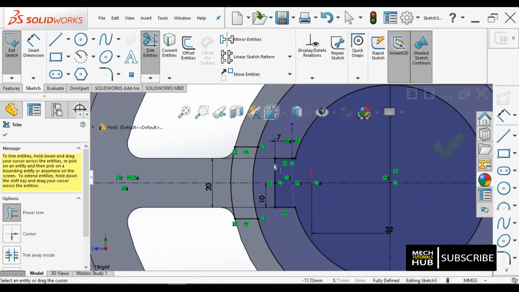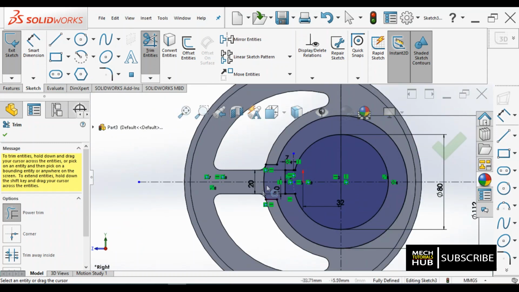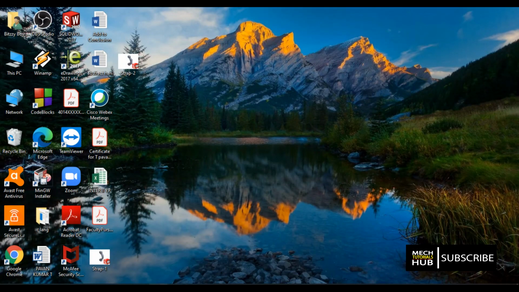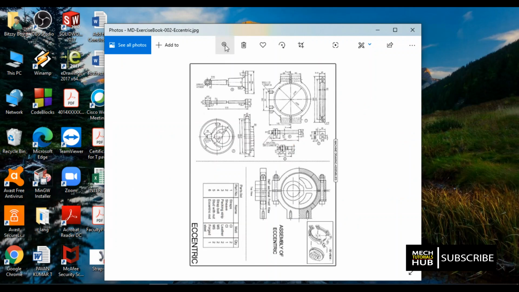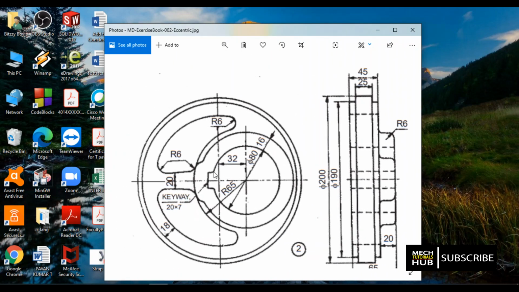Till here it is fine. There are few fillets existing. This curve is not required. This is also not. Now we got a shape. This is fine, and there is one more. Here you could see there is a fillet, but the fillet radius is not given.